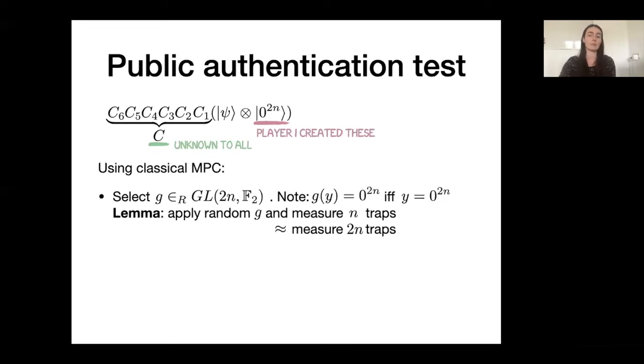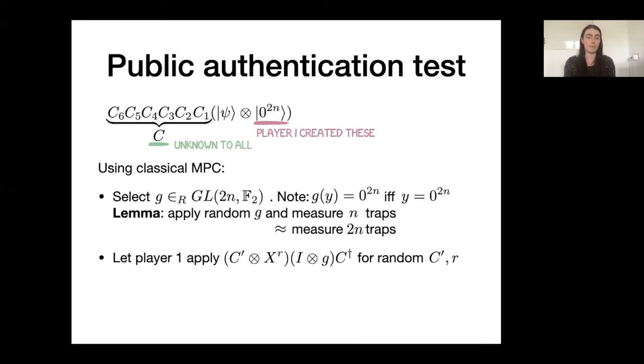And concretely, what we do is through a classical MPC, we ask player 1 to apply a Clifford consisting of 3 steps. Undo the encoding Clifford C, apply the random linear map G on the traps and identity on the data, and then apply a fresh Clifford C prime on the data plus n of the traps. And the other n traps will get random bit flips indicated by a random string r. And player 1 is then asked to measure those last n bits in the computational basis and report the outcome